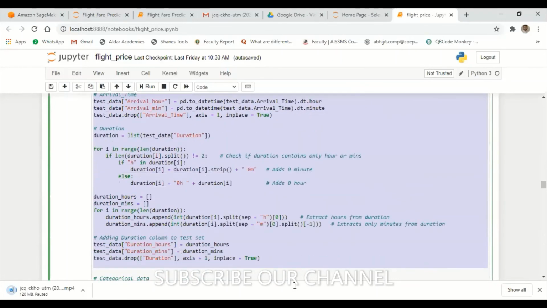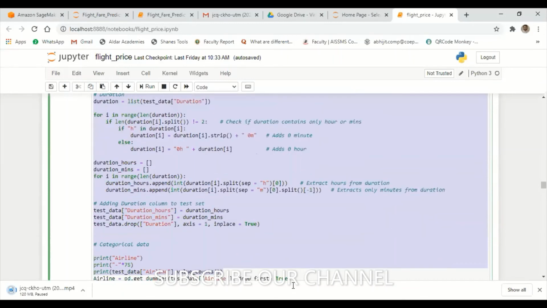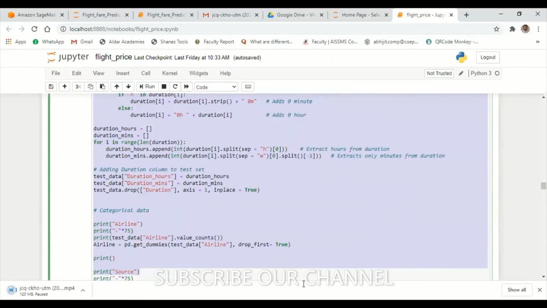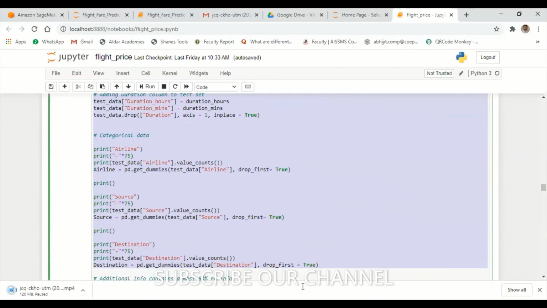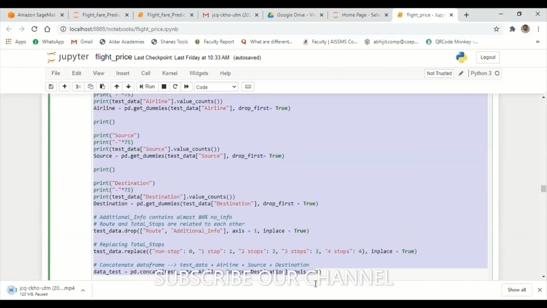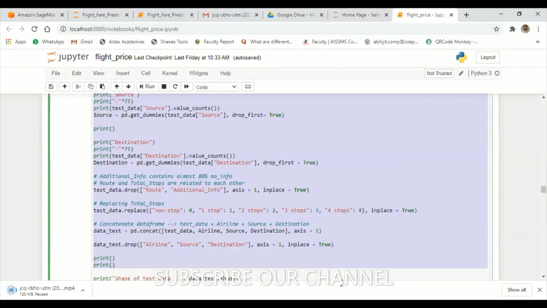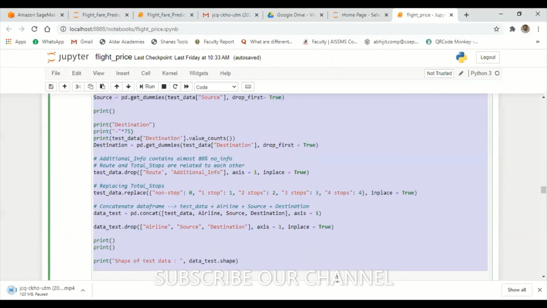You have to do it for the testing data also. Let me paste it here.